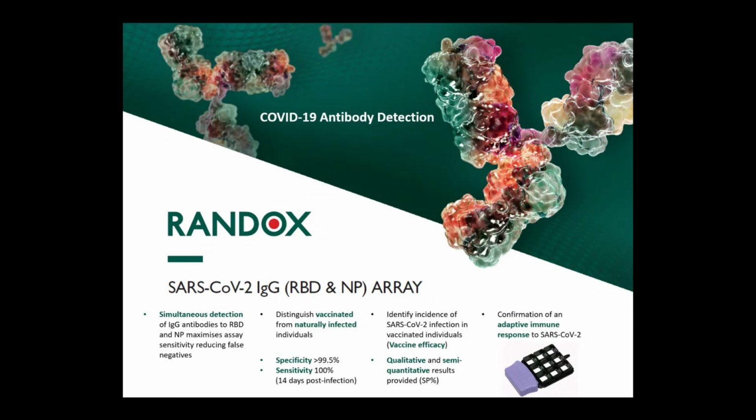But it's exciting to see this array here that has been developed by Randox, to see how it can really get involved, significantly at the national level, to look at antibody surveillance of COVID-19. Okay, so traditional antibody tests are basically only looking for one marker, more or less. Would that be the crux of the tests that are out there at the moment? Yeah, most